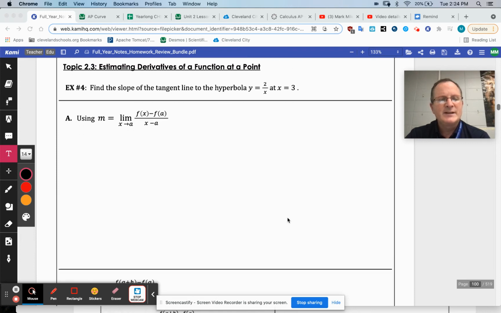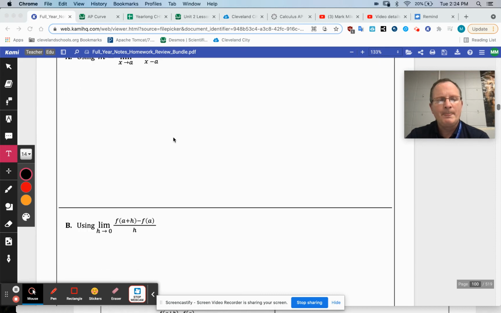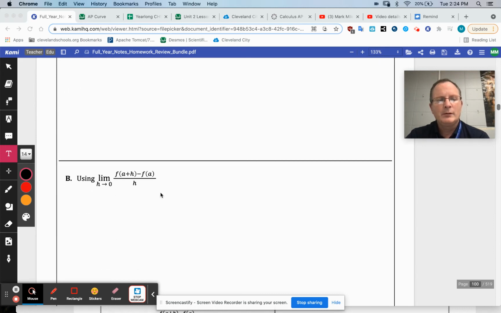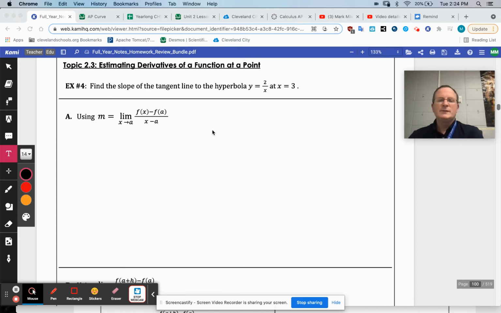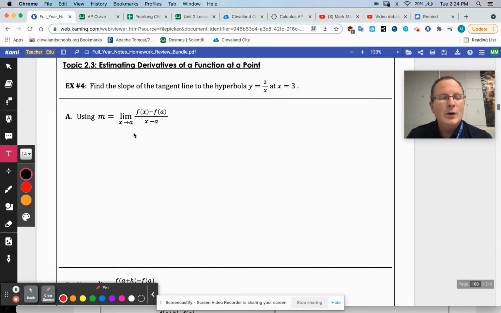All right. So it says find the slope of the tangent line using the alternate form or the original form. Then let's see the difference. Same answer in the end, but different ways of going about it. So here we go. Let's do this. So this is going to be the limit